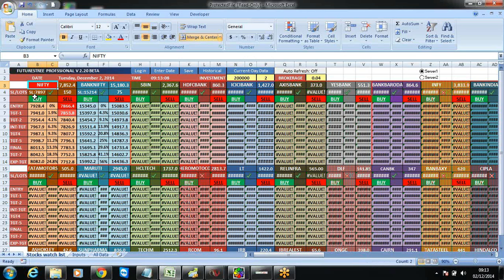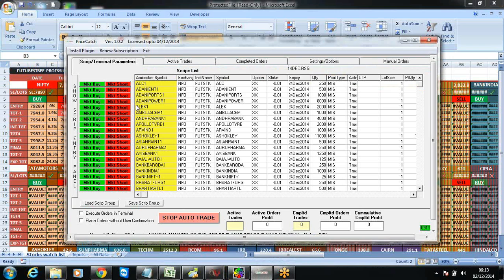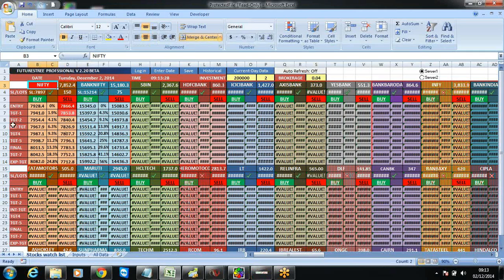So once we get an entry price, either on the buy or the sell side, it will get into green or red, and then we just directly go to the PriceCatch and place our orders, that is buy or sell. So this we are doing still manually, but this can be automated also, wherein at 9:15 or 9:20, the whole sheet we can take the trades into our terminal, and it will automatically trigger also. That will take some time,